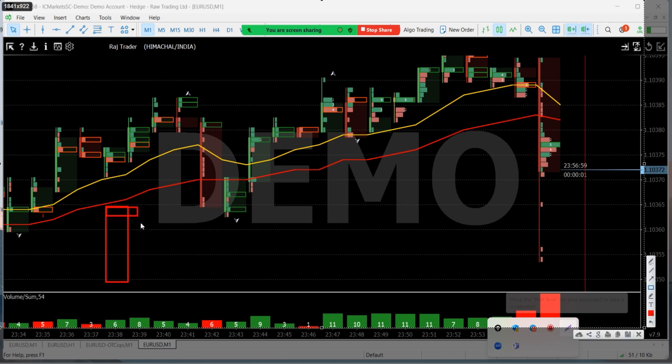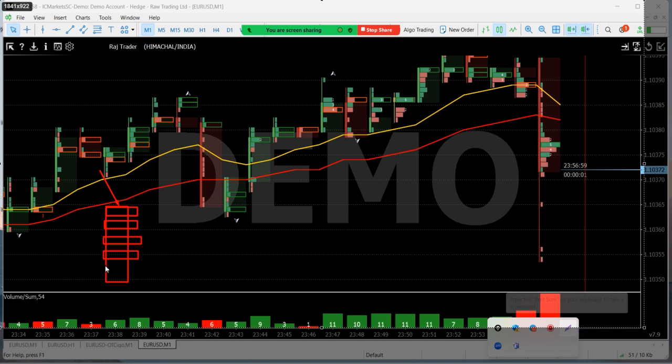Then it is showing that buyers are stronger here. As the POC will move down, interest of sellers will go on increasing and interest of